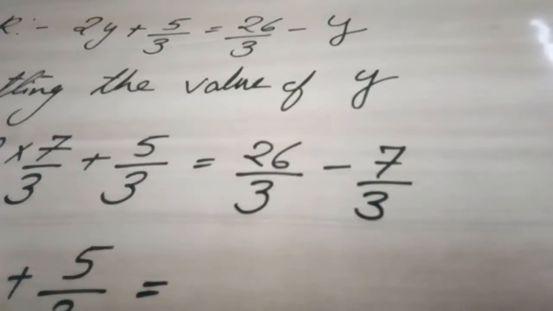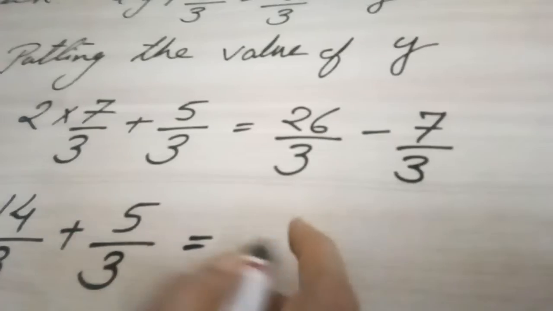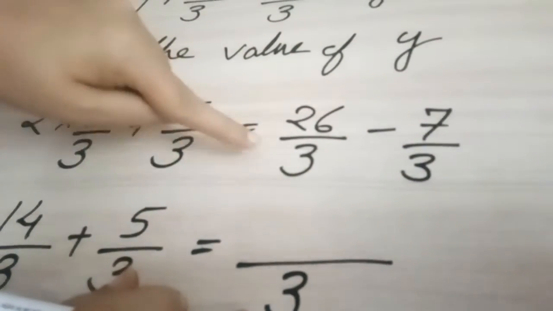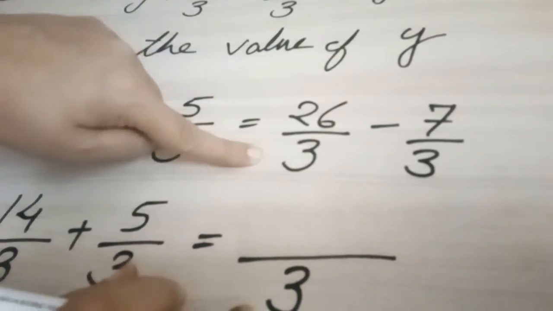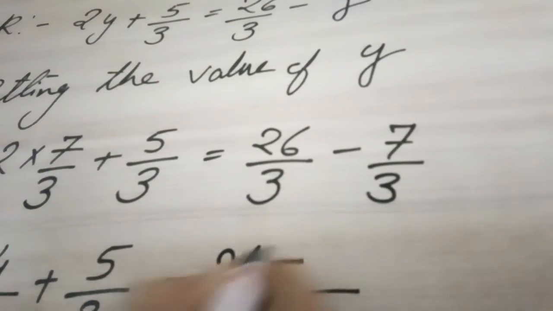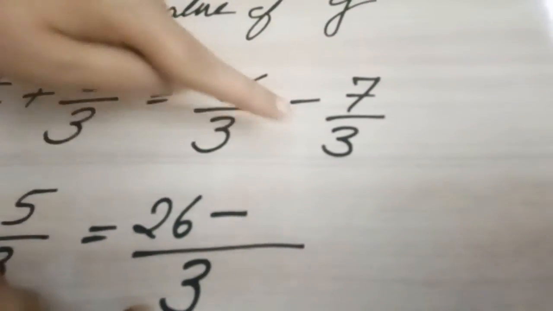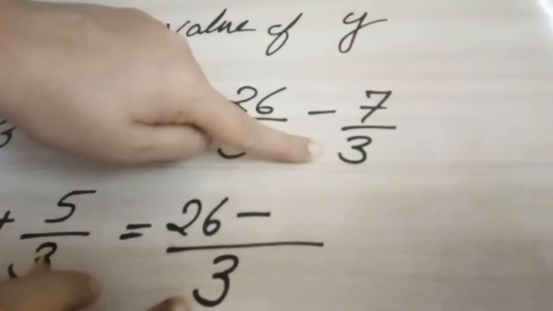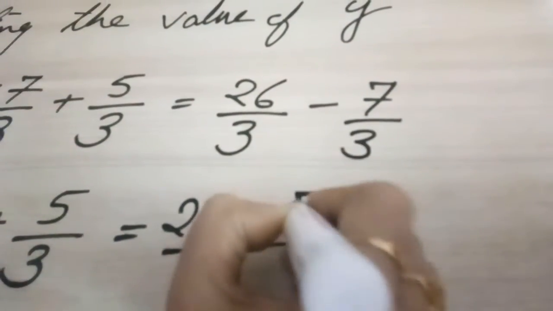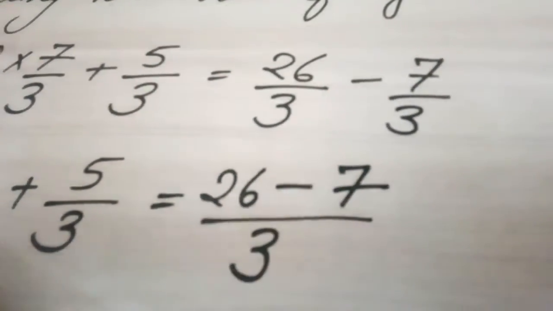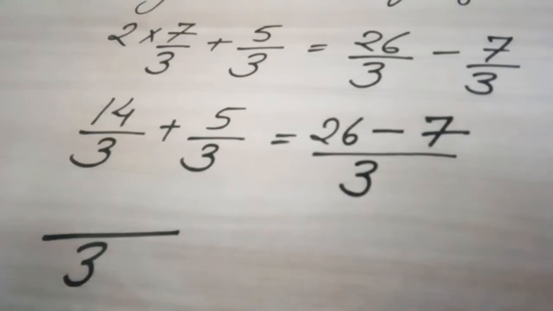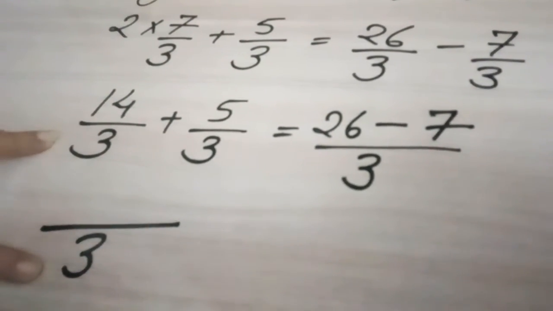Here now in this question again denominators are same, so LCM will come 3 only, and as I told you, LCM should be divided by denominator, means we divide by 3, so answer will come 1. 1 into 26 will be 26 only, minus, what is LCM, you will always divide it by denominator, means you will divide it by 3, so 3 divided by 3, answer is 1. 1 into 7, it will come 7. Clear?